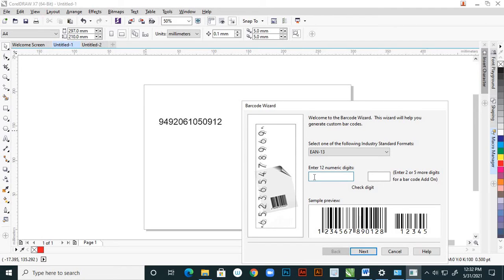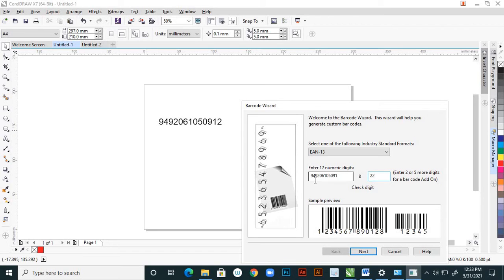9492061050 and 912, right? And here enter 2 or more digits for a barcode add-on. Here give one more number. Here I am giving the 2.